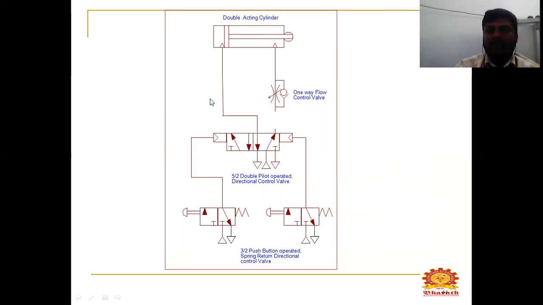And here they have told us you will be using a direction control valve, and for the push button you will be using a 3x2 push button. Using this, if you push this one, it will automatically open and the cylinder will extend at normal speed. And if you push this push button, it will automatically go through and retract, and you can control the extension with meter-out.